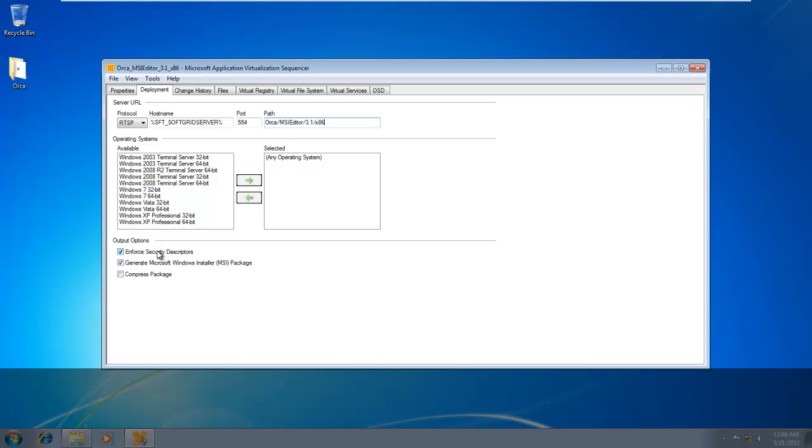Output options. Now, the default here is that enforce security descriptors is checked. You can select to have that enabled, and what that will do is, if there are any NTFS permissions set on your application's folders or files, registry permissions do not apply to the virtual registry, but you can enforce folder and file permissions in your AppV environment. Now, to me, I wouldn't use that,